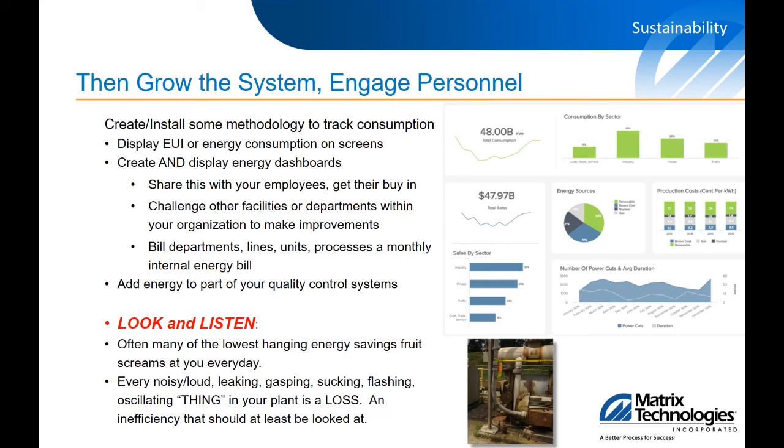Learned this in engineering school. This is kind of true in the real world. You should always be trying to fix these things. If something's screaming at you, take care of it. It's just telling you it needs fixed. I pictured there to the right is a vacuum pump that was at a plant.